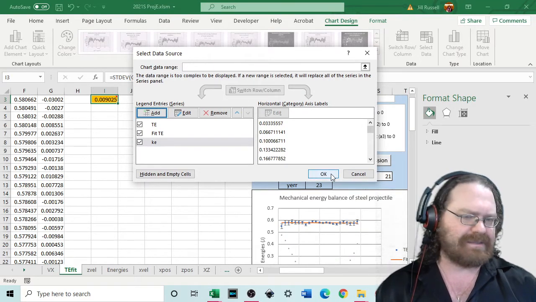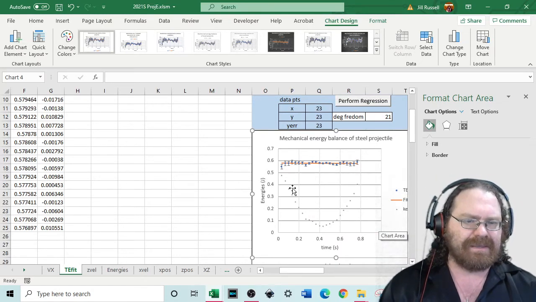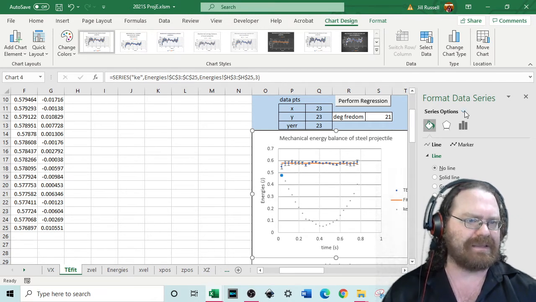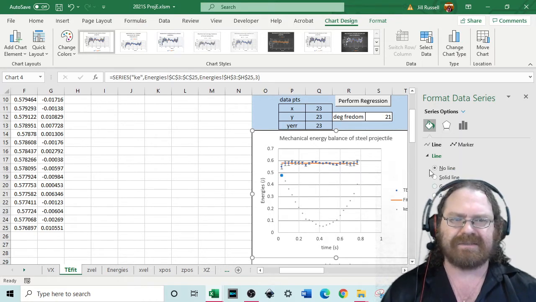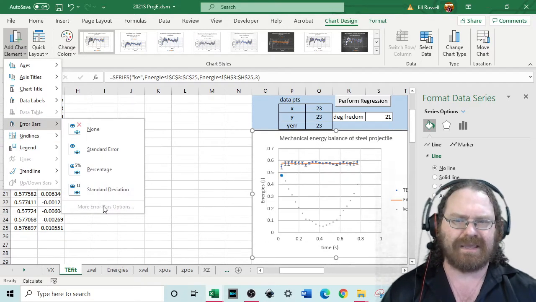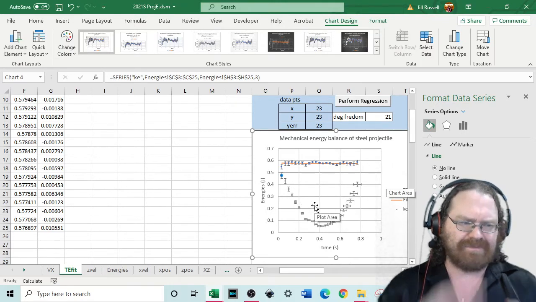I'm going to go ahead and not add the other one right at the moment, and show you how to add error bars. In Windows, it's pretty easy. You select the data, but sometimes you don't know if you've selected the right data, and so you can come over here and hit this little drop down arrow and then make sure, yep, my kinetic energy is selected. The next thing you're going to do is come over to Add Chart Element, Error Bars, and right now it doesn't want to give me the option of more error bar options, and so just start out with a percentage. Just start out with a percentage, and there we go,